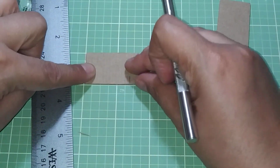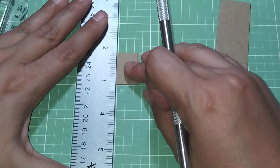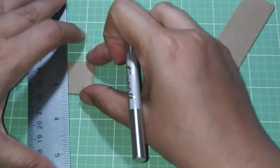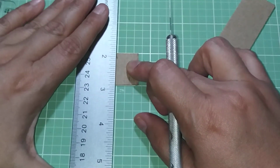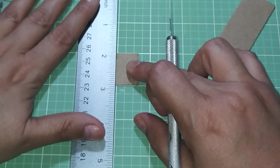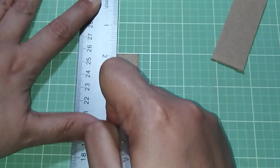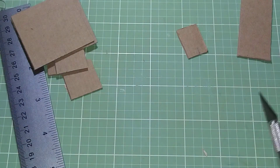Again, put it on there. Line it up with your lines. Anchor with your thumb and not with this one. And cut through. Oh, since this one is smaller, it slipped out. And that's the reason why you want to anchor with your thumb and not with your pointer finger. This is here, right there. Here we go. Okay. Alright. 3, 4, and 2. Where's my...